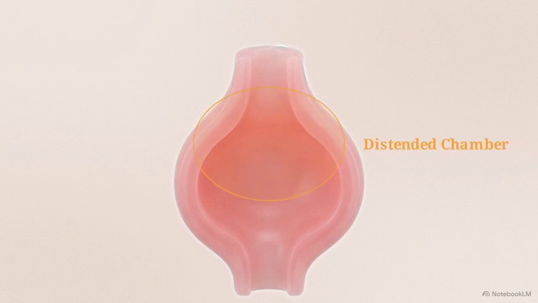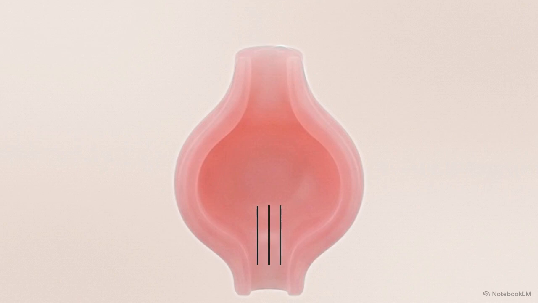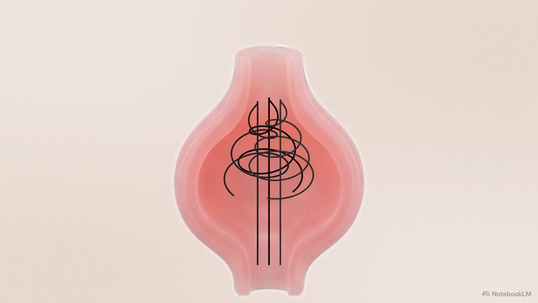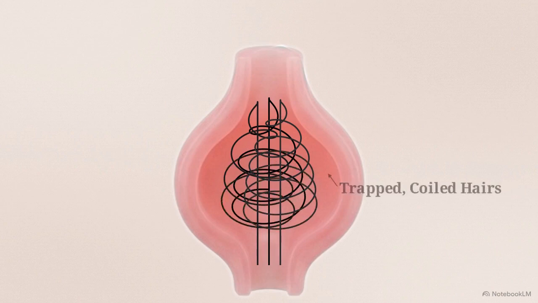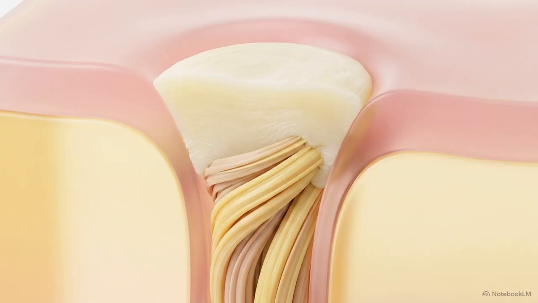By forcing the walls outward, the plug creates a significantly larger internal surface area deep inside the follicle. This widened, irregular pocket gives the hair root at the base too much room to maneuver as it attempts to grow. Instead of a single straight shaft, the expanded space allows for the growth of multiple, misdirected hairs that remain trapped beneath the plug. The microscopic genetic failure has now manifested as a localized mechanical blockage, creating a physical barrier